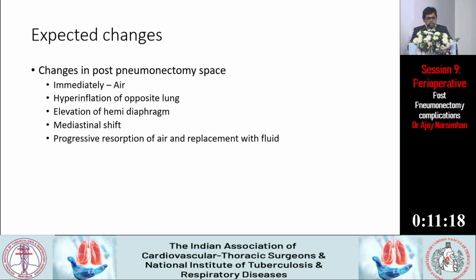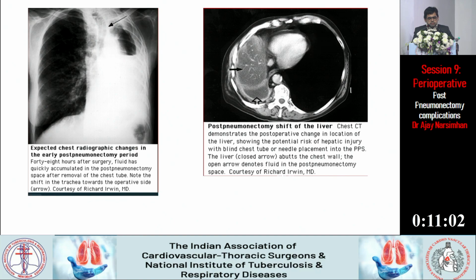As all this happens, progressive resorption of the air occurs and replacement with fluid. The fluid rises by up to 2 intercostal spaces per day, and finally the entire hemithorax gets opacified. These are not my X-rays; I got them from the article on UpToDate,